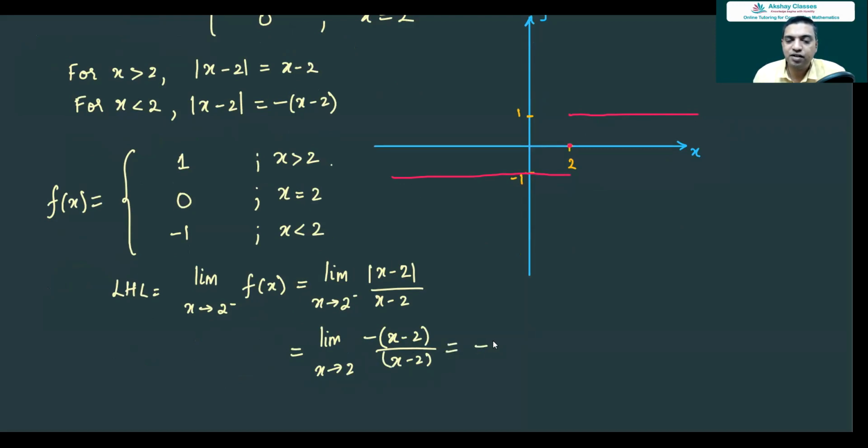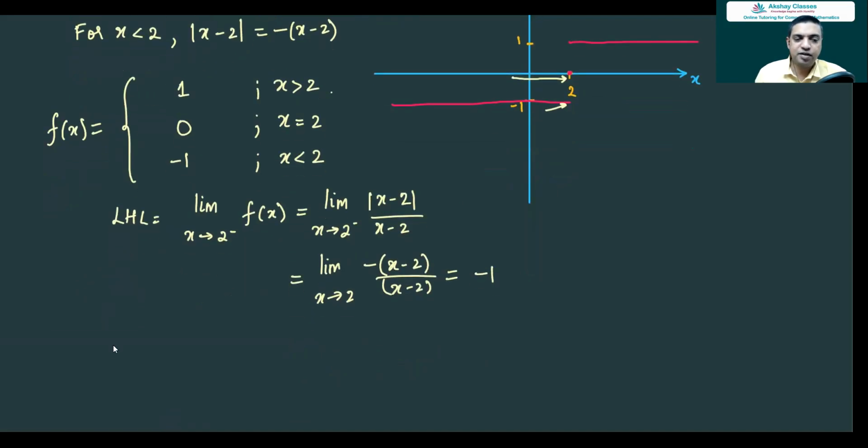So the value here, you get these two cancel because x is not equal to 2. Remember, if x were equal to 2, you cannot cancel. It will be exact 0 upon 0. Here it is not exactly 0. It is a number close to 0, but not exactly equal to 0. So you can cancel off the 2. So you get minus 1. So here you can see, as we approach x from the left, the function value is a constant and it is equal to minus 1. It is not just approaching minus 1, it is equal to minus 1 in all cases here.